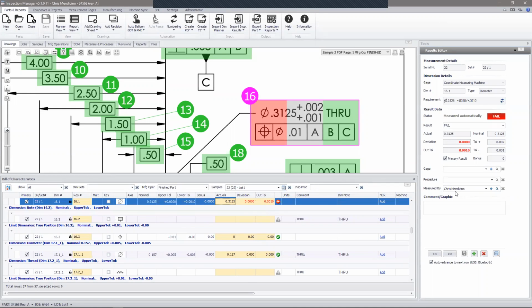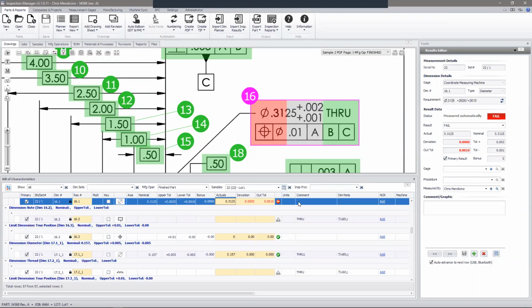And I can see who measured it. I could see what the gauge was, if that data was being collected. I can see what the gauge was that reported this particular result, okay? And we'll talk about gauges in just a minute as we get a little further in, because when we're talking about data, it's not just the result data itself, but also the timestamp of when the result was collected. It's who generated the result,